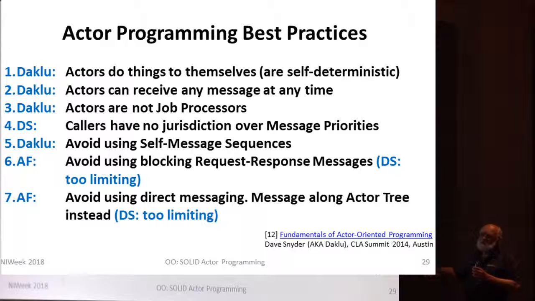He gave a half-hour presentation on the same subject at NIWeek 2013. If you're interested in this, you must read it. He talked for an hour about things I would be covering in 15 minutes. His presentation was so good, and he was very gracious to allow us to pull that presentation into the Actor Framework class.